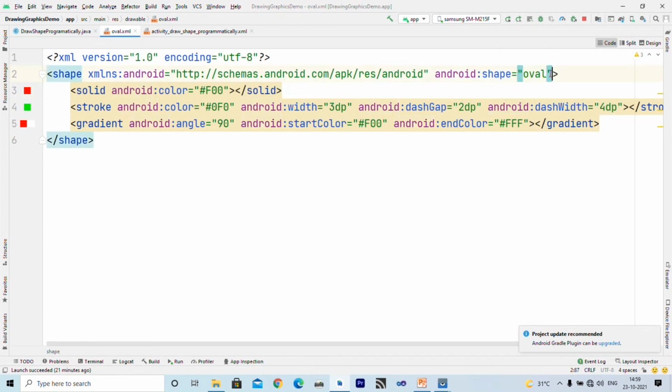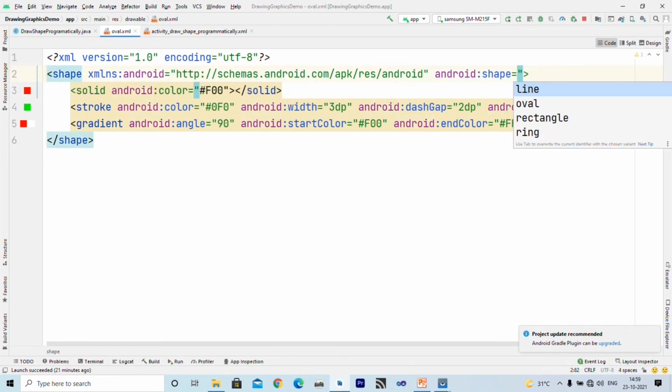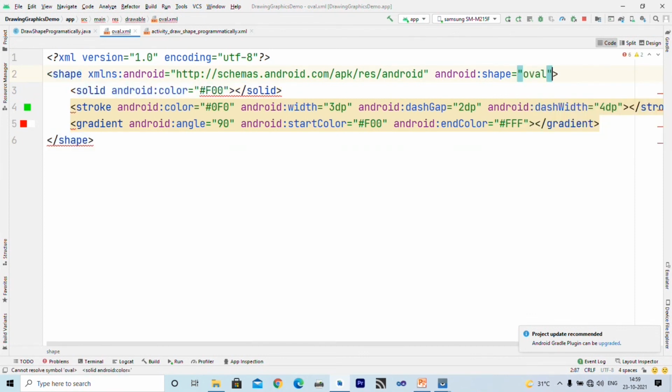So if I go here, you can see we have line, oval, rectangle and ring also, but we want to draw an oval. So here I write shape as oval. So this defines the shape, this defines the fill color, this defines the border properties, and this specifies that the solid color should be a mix of red and white.